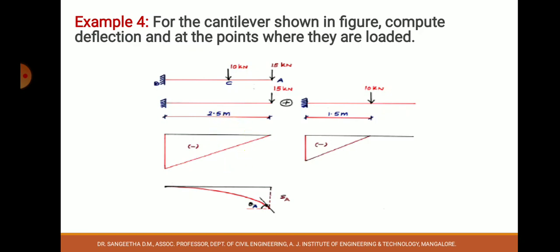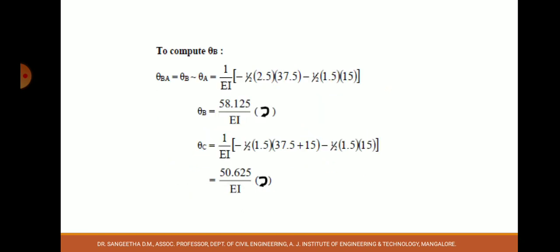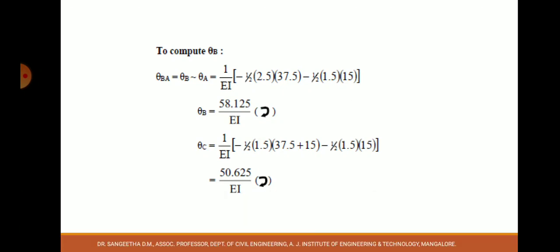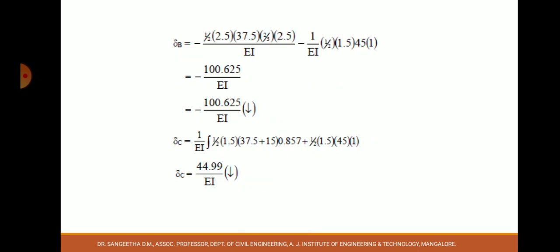So here it forms a trapezoid. The area of this trapezoid has to be considered. And for 10 kilonewton here, one is a direct triangle. See, that's what here it is done. Minus half into 1.5 distance, only that portion. 37.5 plus 15, those are the ordinates, H1 plus H2, area of a trapezoid. Along with that, one more is the second figure. So two different loads, two different areas. The area contributed by each load is added to arrive at the rotation.